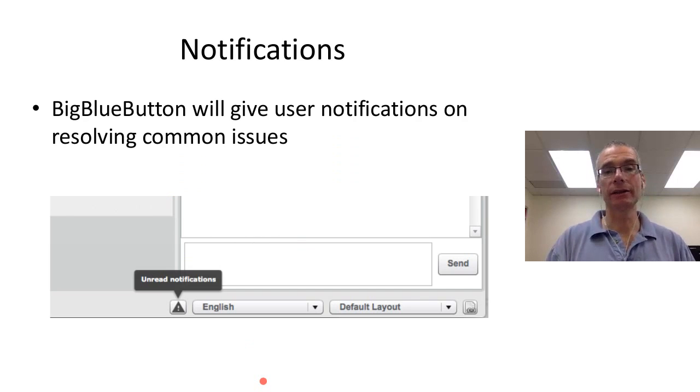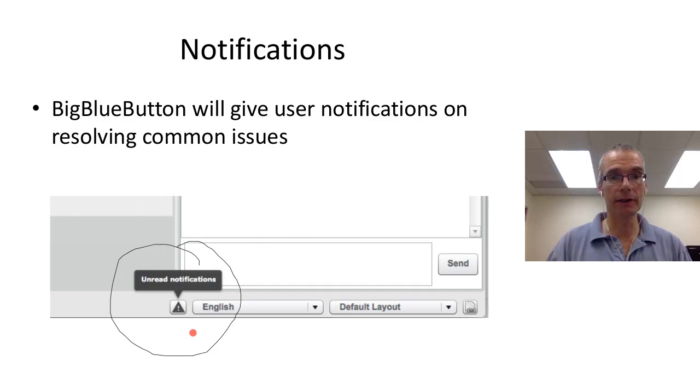We've built into BigBlueButton some intelligence to help users make sure they've got the best possible environment. We just noticed in the past that we could tell somebody, hey, you should use Firefox and Chrome, but if they never heard it, they may start off with Safari and IE, and it would still work, but you get a better experience. So you may see in the lower right-hand corner this little warning